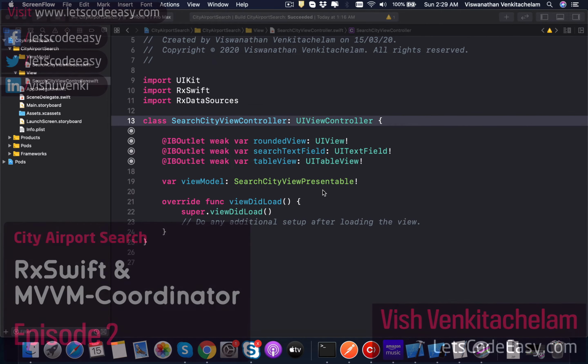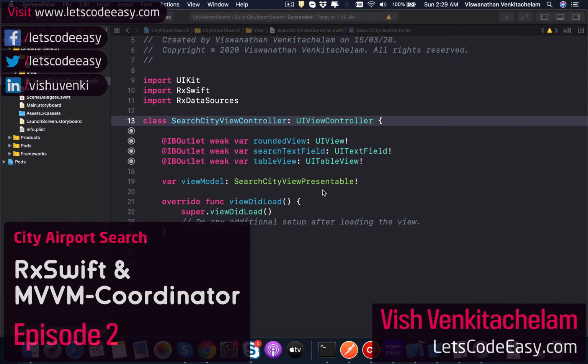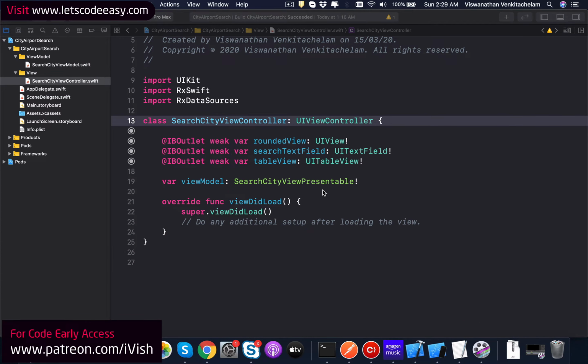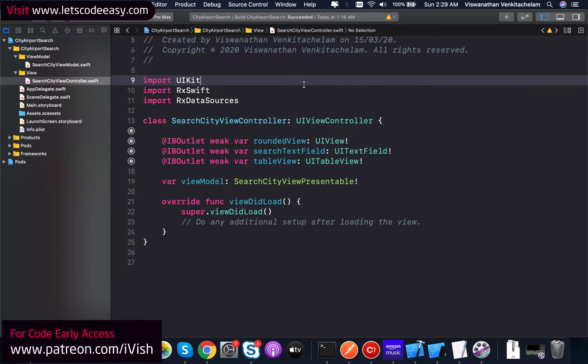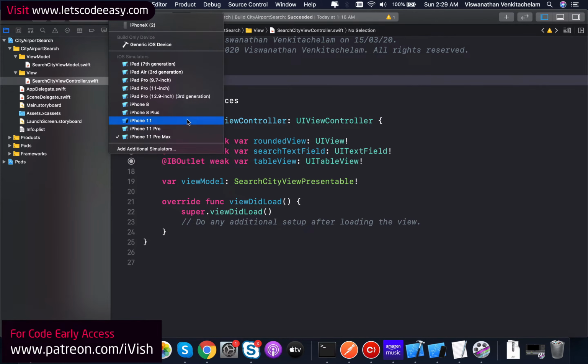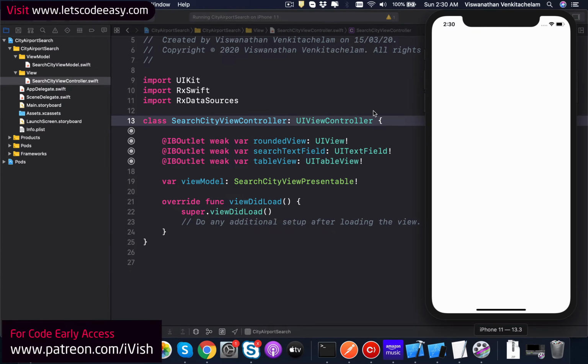Let's start the second episode where we'll start seeing how things come together, like the view model and the view controller come together and launch the first screen, which is the search city view controller. So how does it work right now? Let's just try running and see what gets launched right now. Just plain run, because we just modified the view controller, associated a search view model in that, and we're just launching it